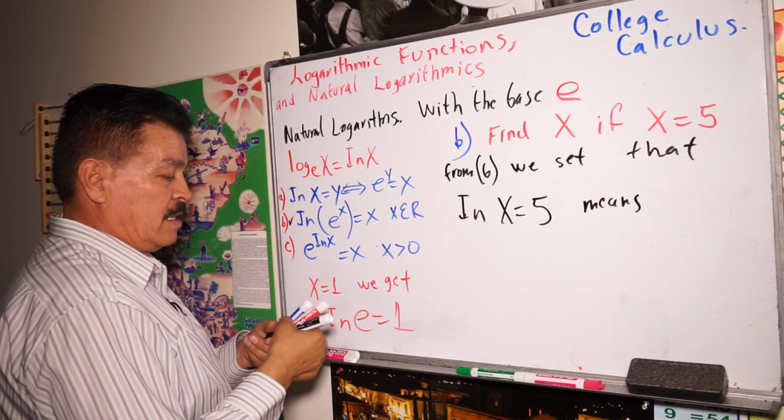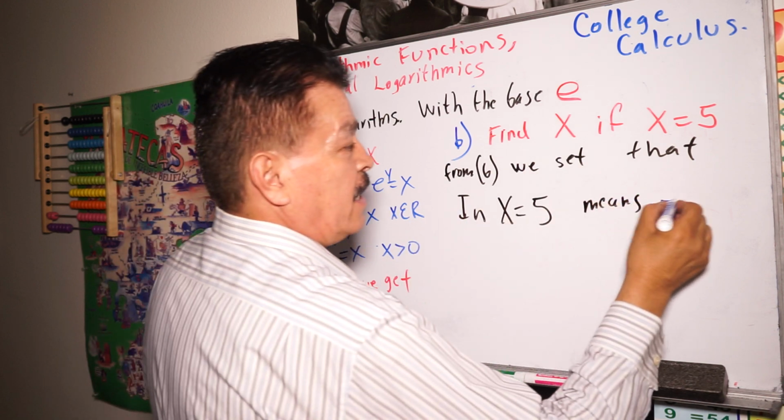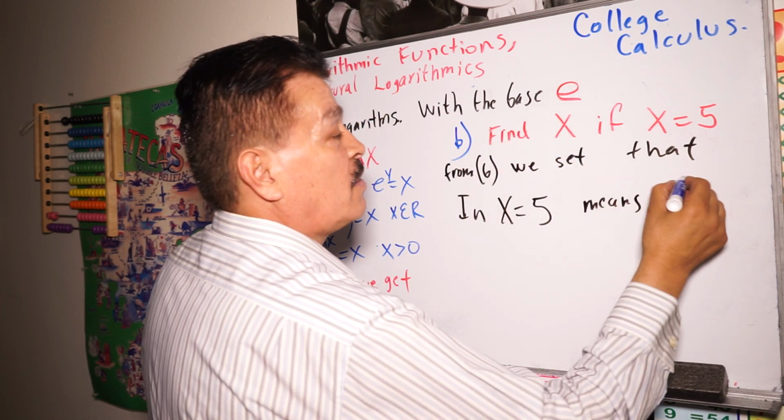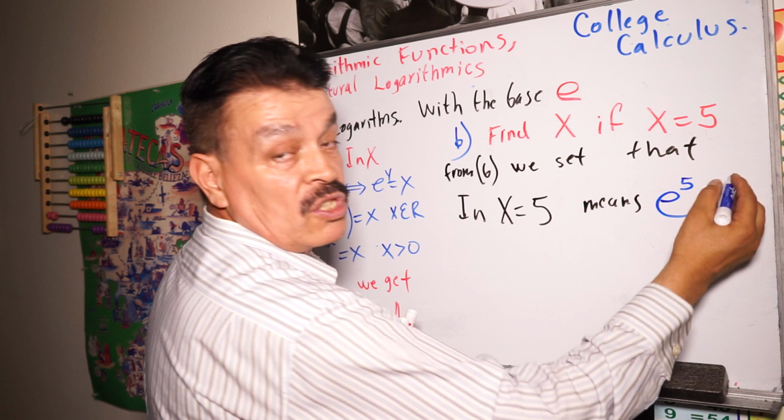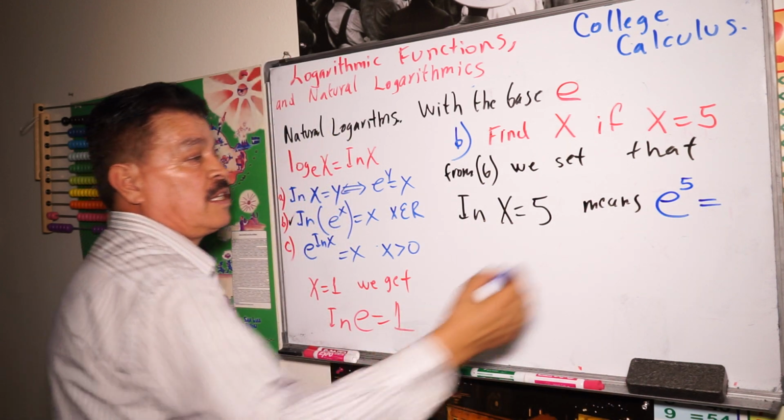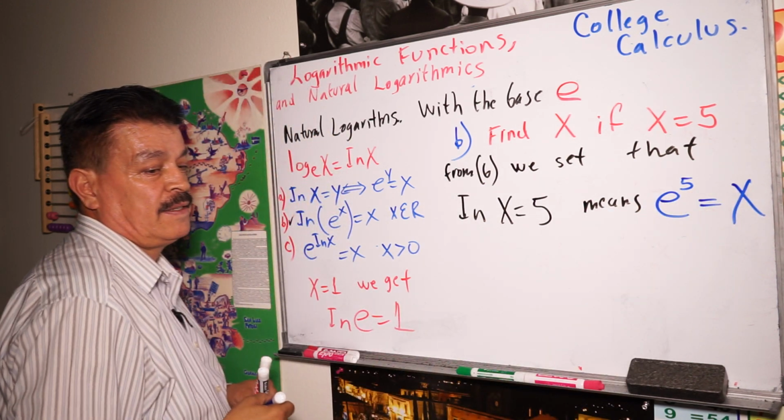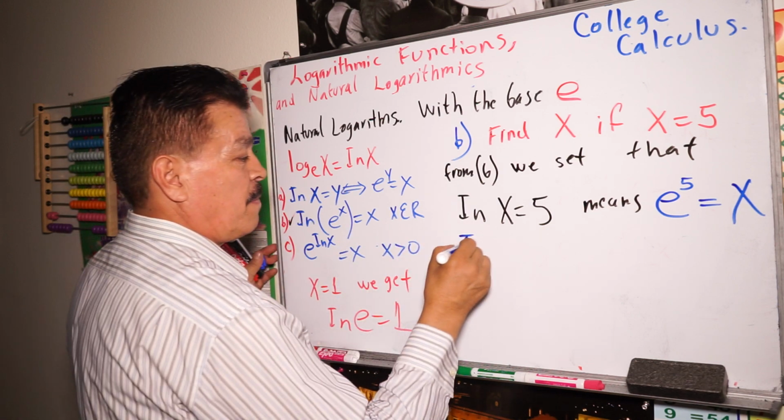That means e to the 5 power is equals x. Therefore,